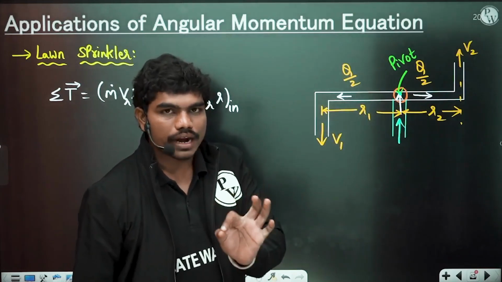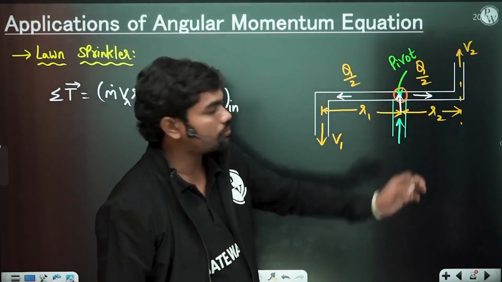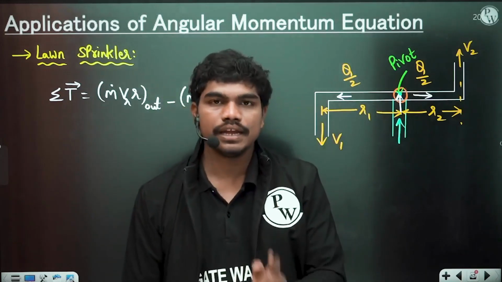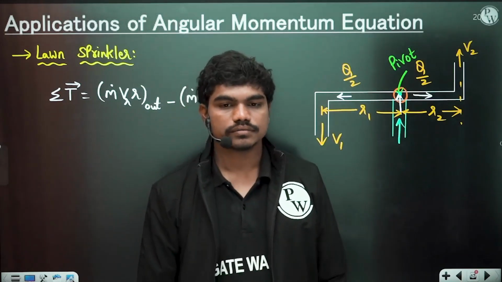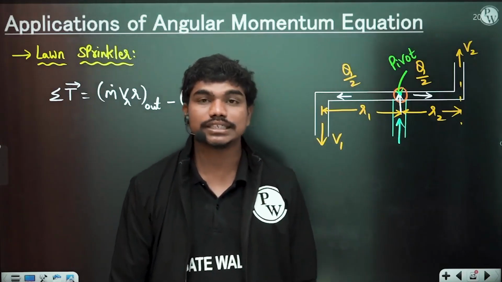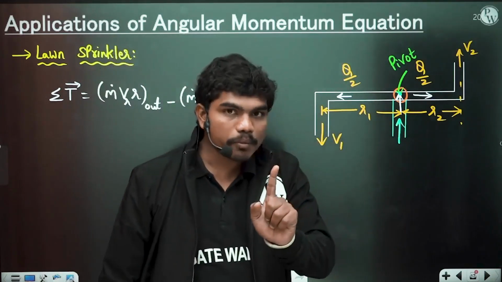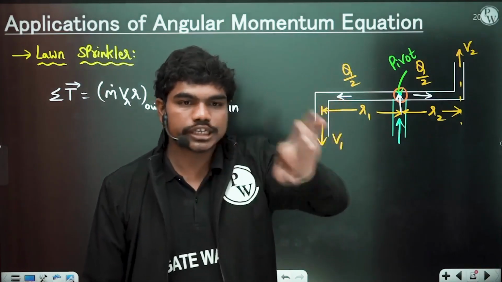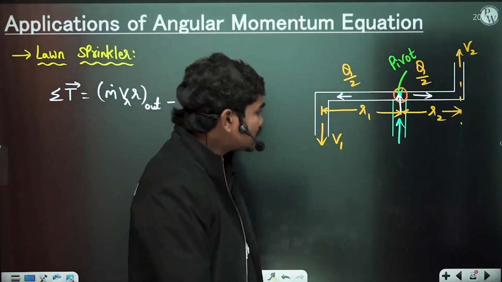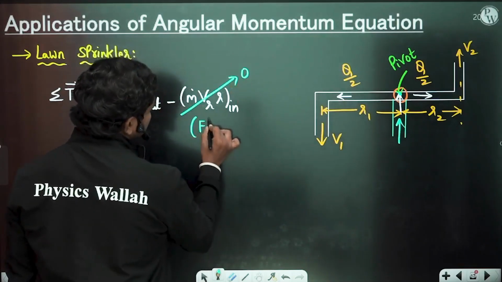Can you tell me, whenever the fluid is coming in, if this is the center, what is the angular momentum of the fluid which is coming in? If the velocity is directed to the pivot, with an axial or radial entry, it is 0, correct? Because there is no radius for that velocity. Of course the fluid coming like this has some momentum, but that momentum is passing through the center of rotation, the pivot. So in such a case this R inlet is actually 0